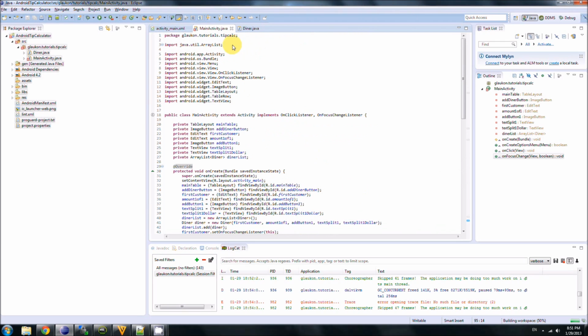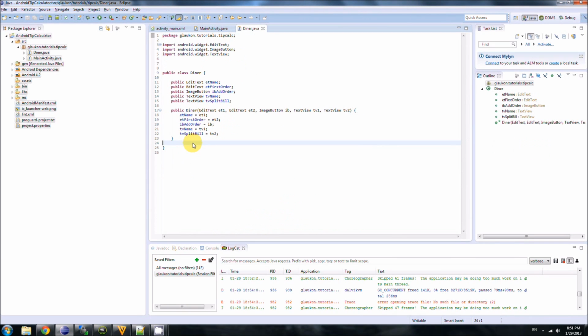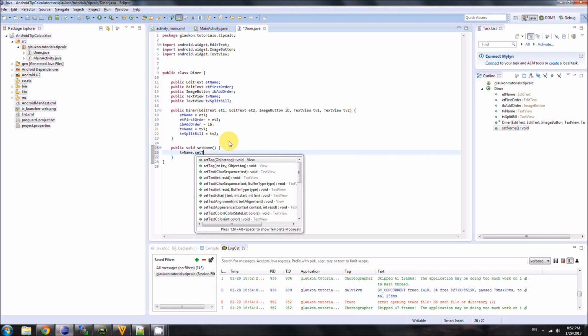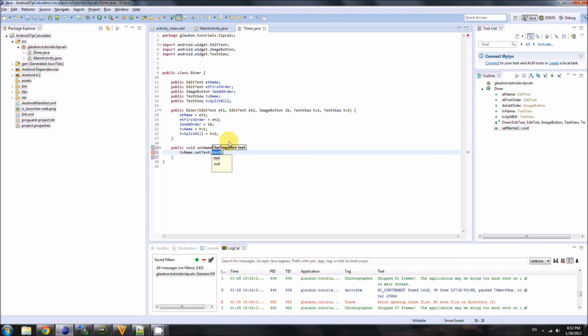So let's go back to our diner class, and let's create a new method for it. We have a constructor method up here already, which we created. Let's create another method. It'll be a public method. It'll return nothing, so type void, and the method is called setName, and it will take no arguments. What the setName method will do is set the TV name text view. It'll set that text equal to